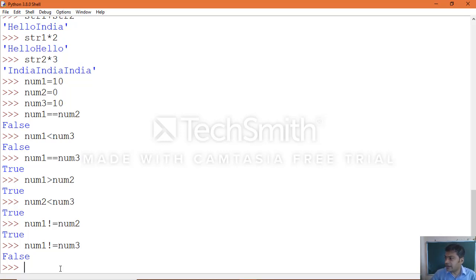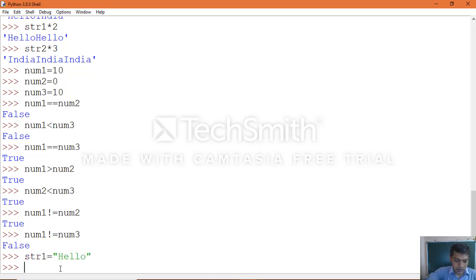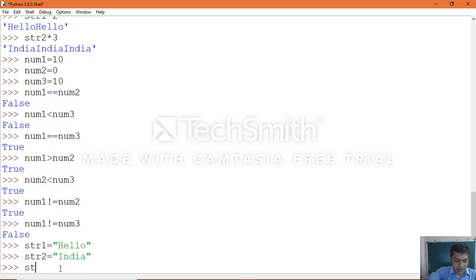Same way, we can take string values here. Whichever we took, string 1, string 2, we can work again. str1 equal to hello, str2 equal to India, str3 equal to hello.